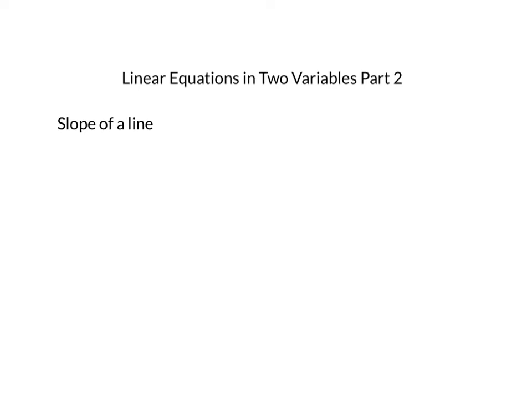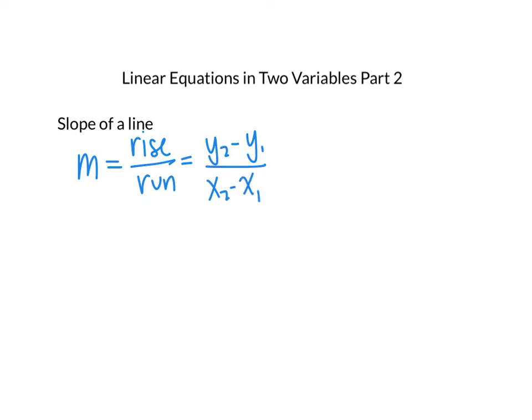Hi students, now we're going to be going into the second part of topic 14, which is about linear equations and two variables. Part 2 is going to consist of all the algebraic work. The first thing we're going to look at is the slope of a line, which in math we always denote as m. So m, our slope, is actually equal to rise over run, or the change in y divided by the change in x. So we're looking at y2 minus y1 over x2 minus x1, and this is given 2